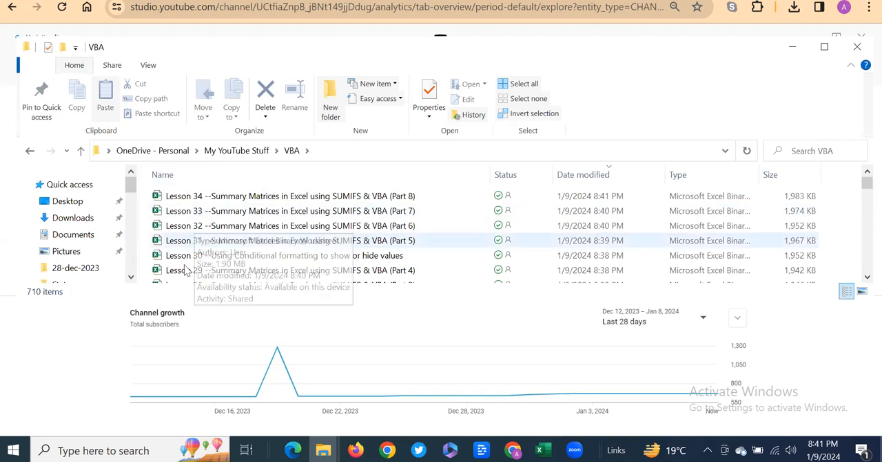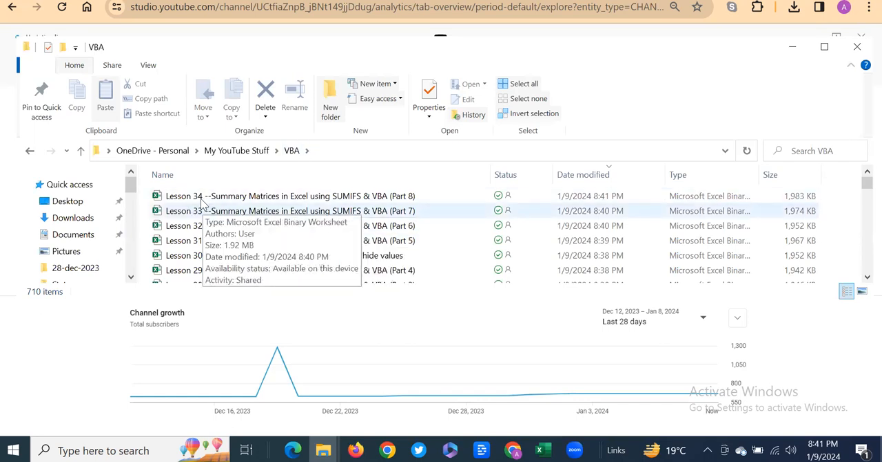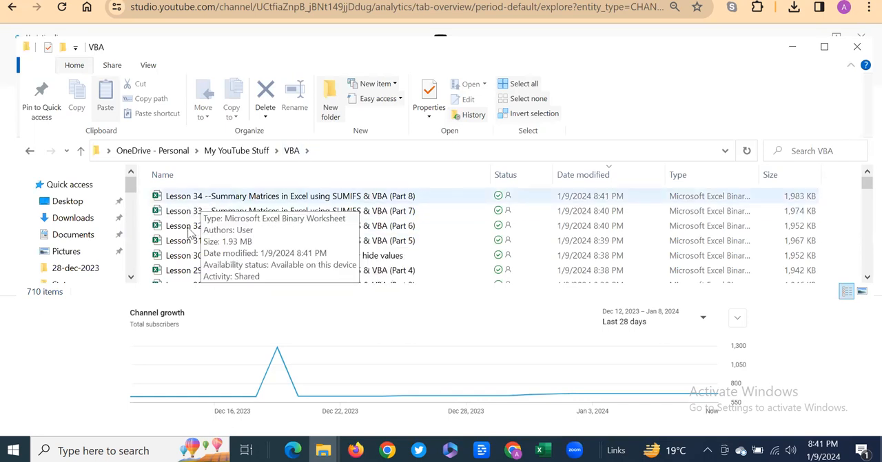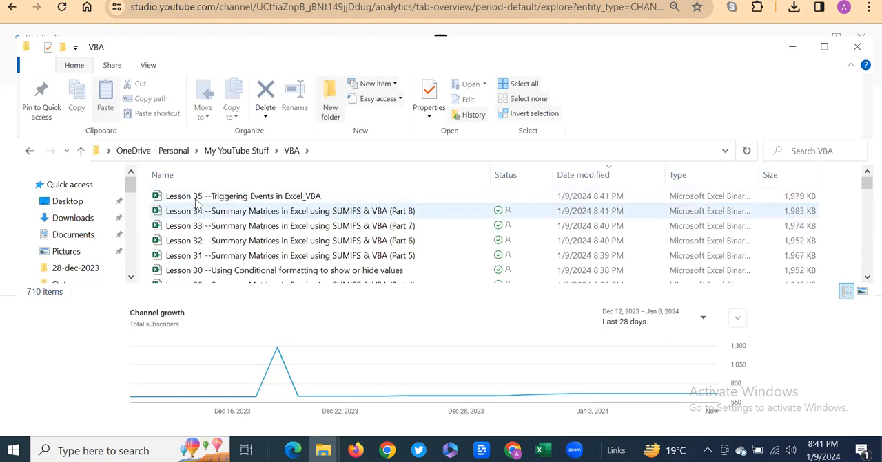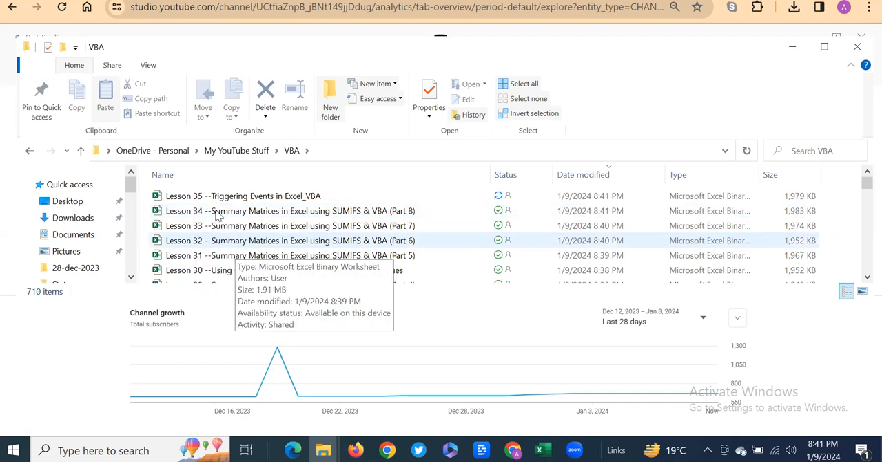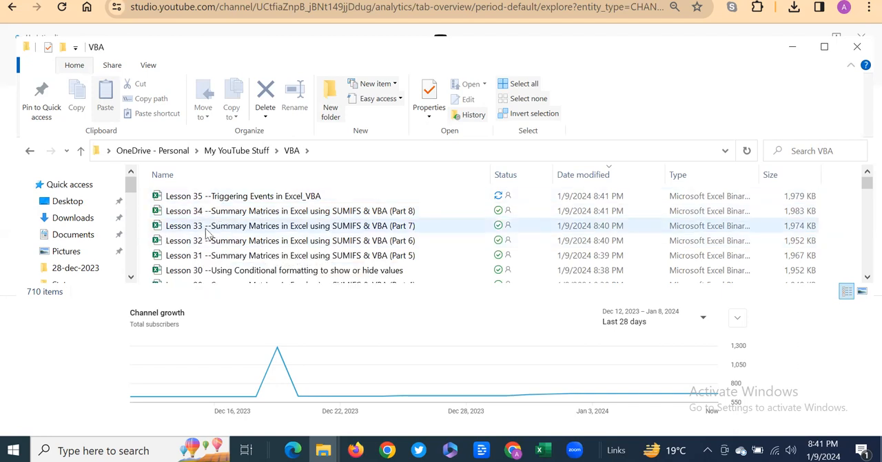For instance, these are the lessons in the VBA which we have so far created, and there are around 199 lessons, right? So you see, it is changing. It is still doing its job. It's our daily routine, the SOP, standard operating procedure, that it goes through all the files one by one, once in a day, and